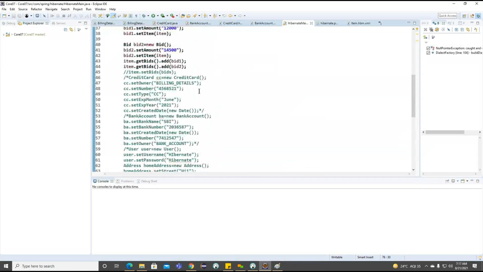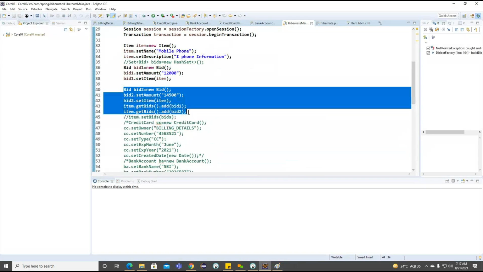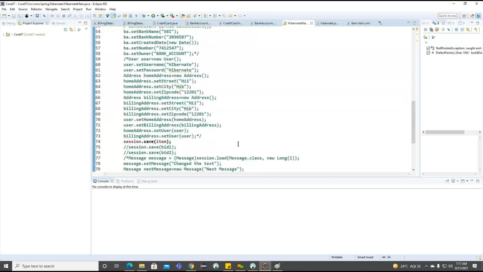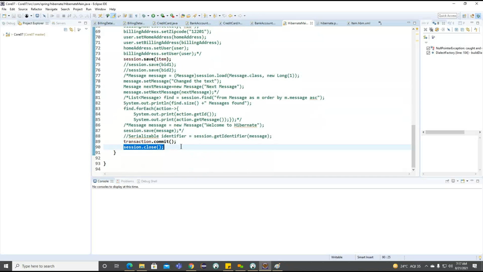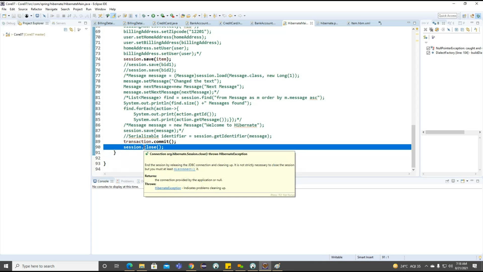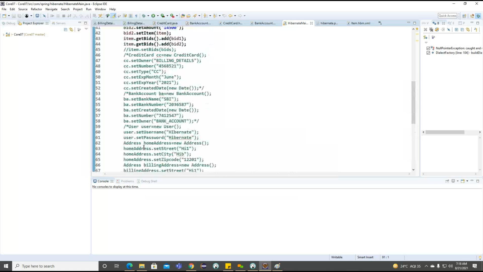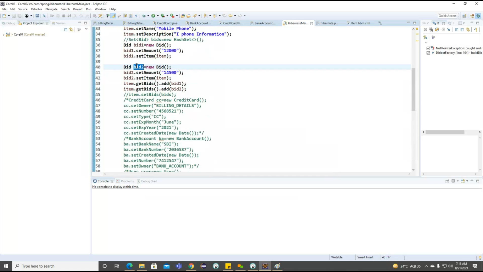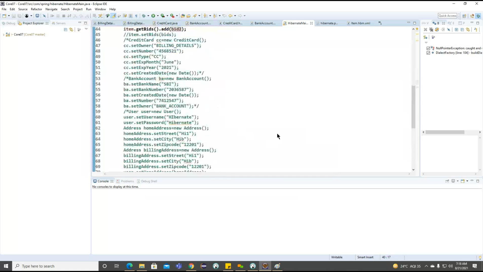So now if you see, here we created objects. The objects are saved with the help of session.save, and we close the session here. Whatever current session we opened, with the help of this current session we can perform any operations as long as these objects are available inside this session.